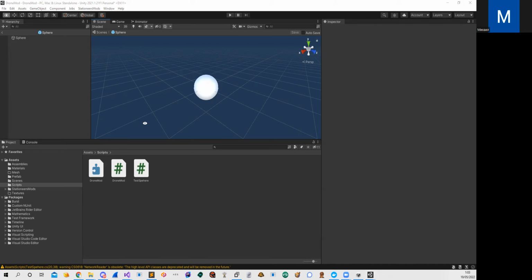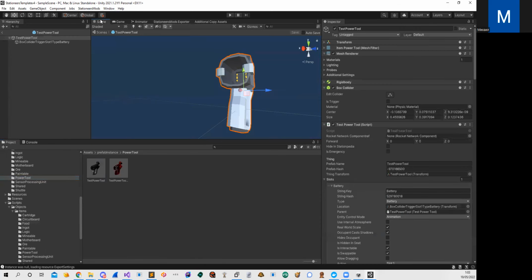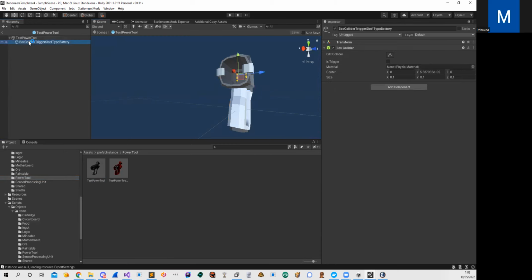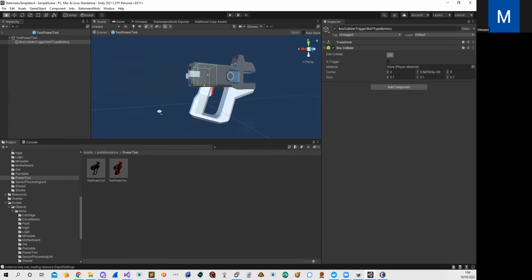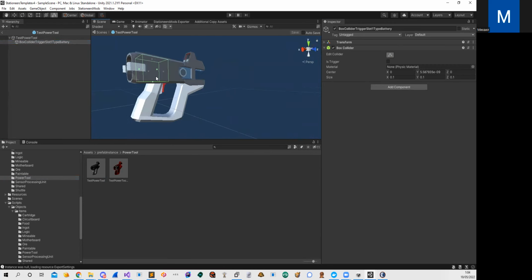If you had a prefab with slots, like let's say the power tool, which is a prefab that has slots, you won't only define the box. Have a look. This is the battery. This is the battery slot. This is where the battery goes, and this is what gets highlighted when you get the battery nearby. You know, this box that shows up in the game. That's where the box